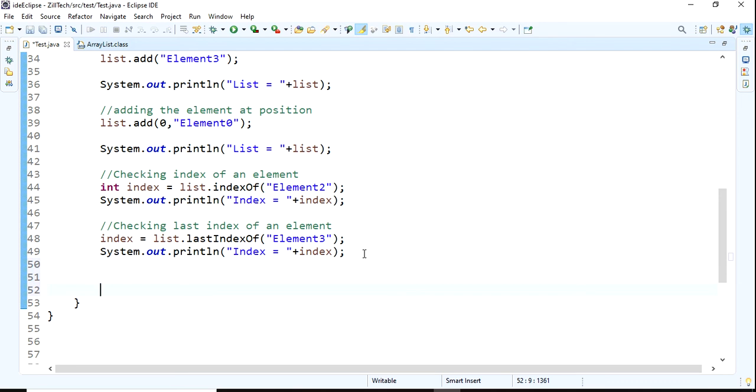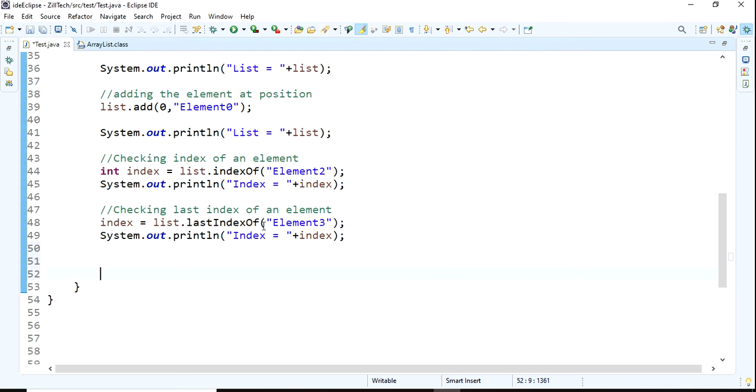Next, you can check whether the list is empty or not. Yes, we have a method for checking whether the array list is empty or not. Based on that method we can check it. It is a boolean one.